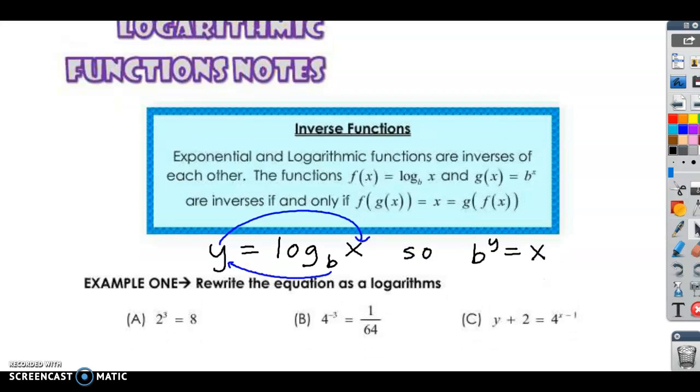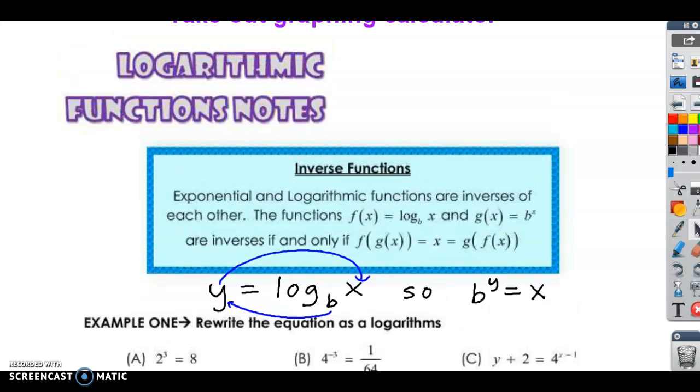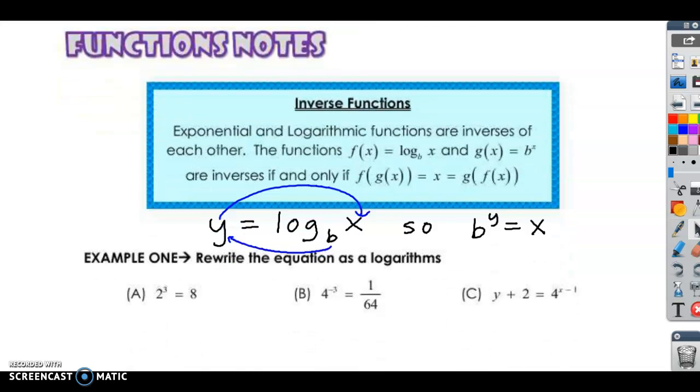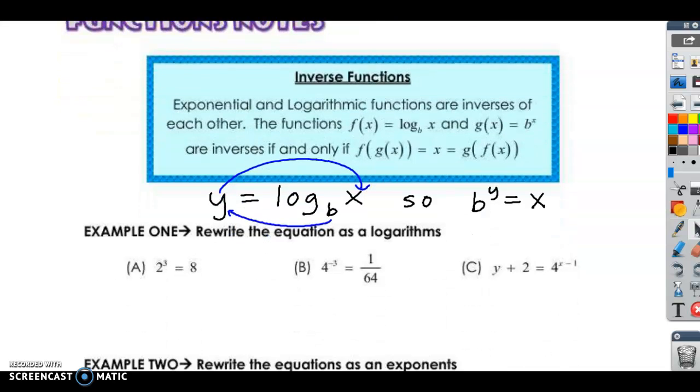Basically, logarithmic functions, I had a tough time learning logarithmic functions when I was young. But basically, let's look here. Exponential and logarithmic functions are inverses of each other. So they undo each other. So the functions f of x equals log base b of x and g of x equals b to the x